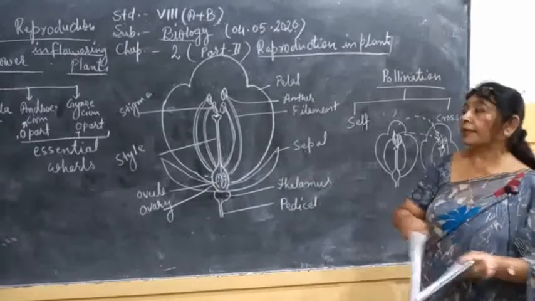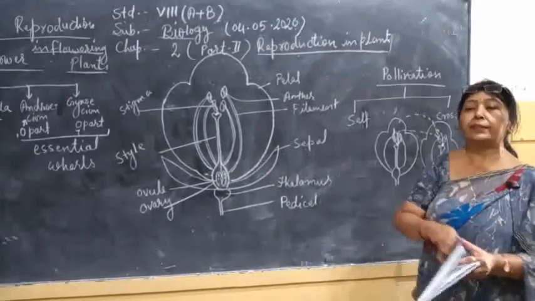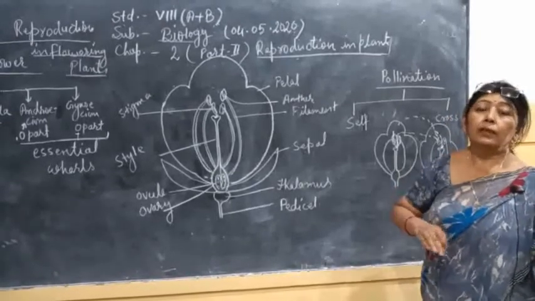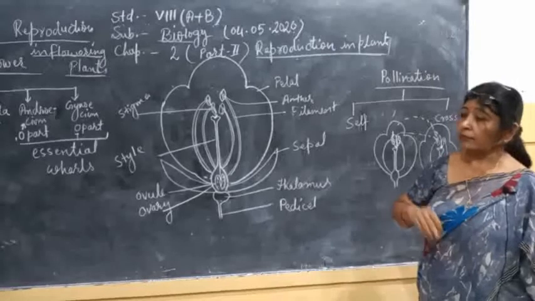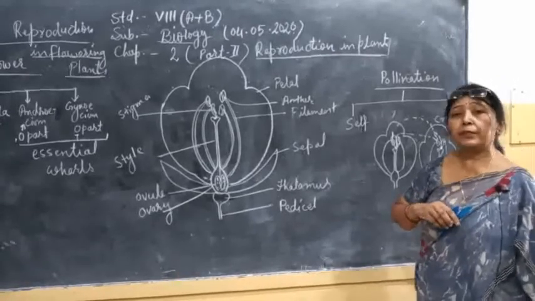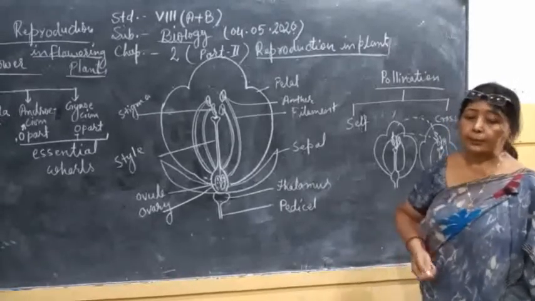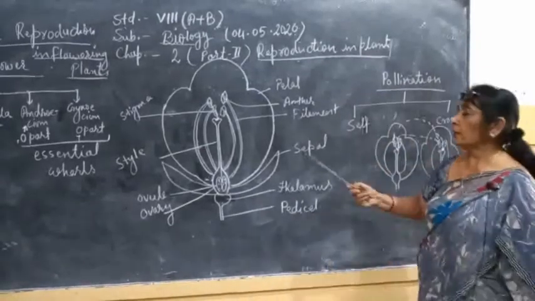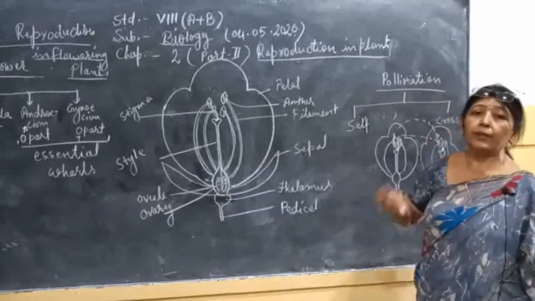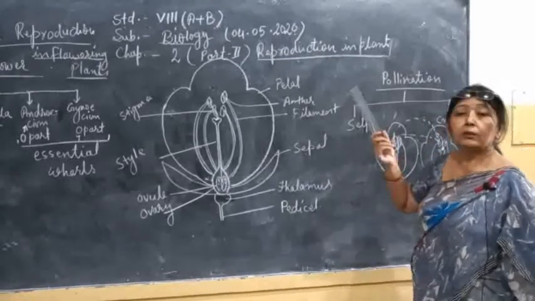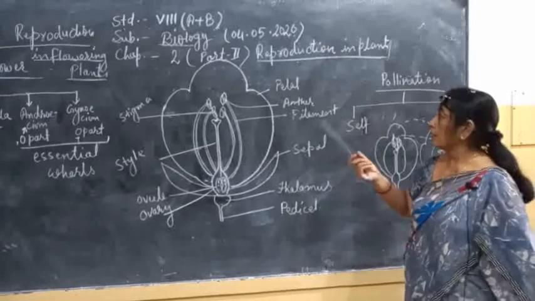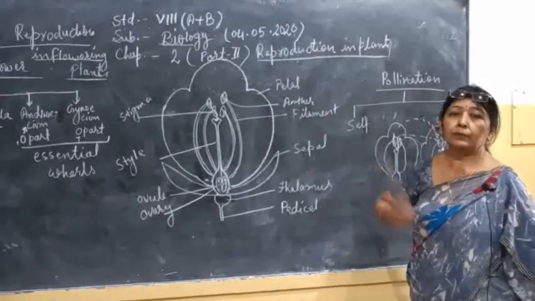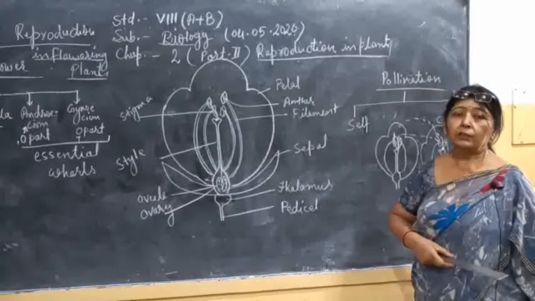Second, water. In some aquatic plants like Hydrilla and Vallisneria, the male flowers are submerged in water. The pedicel means the stalk of the flower. The pedicel of the female flower is long. When pollen grains of the male flower float in water, they deposit on the stigma of the female flower. Thus, pollination occurs.